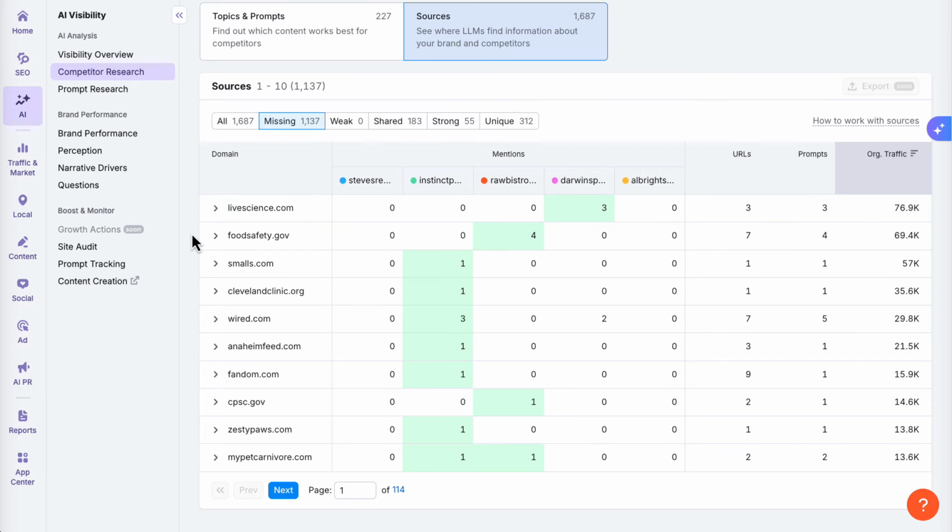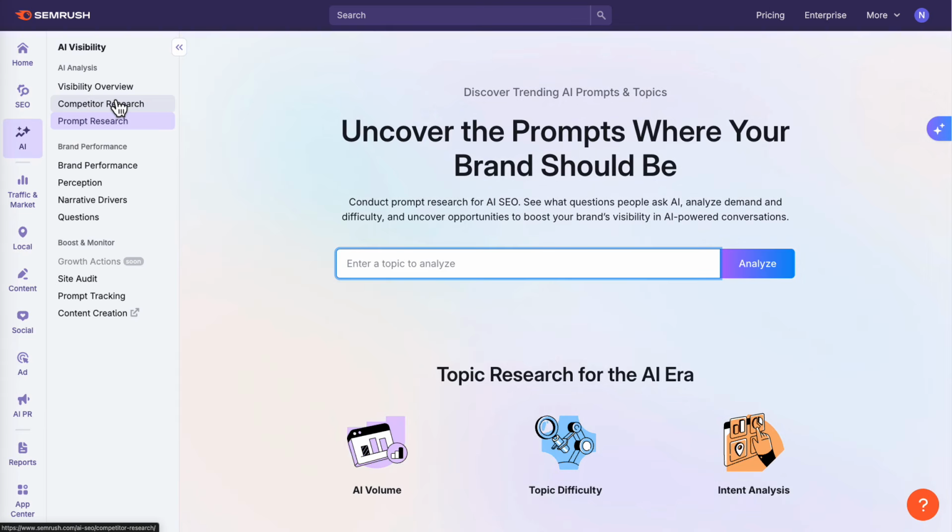Next up, we have a really important section, and that is the prompt research section here. Now, this is a report that is going to help you discover what questions your audience is actually asking the AI platforms. And this is going to help you build a content strategy so that you show up in AI